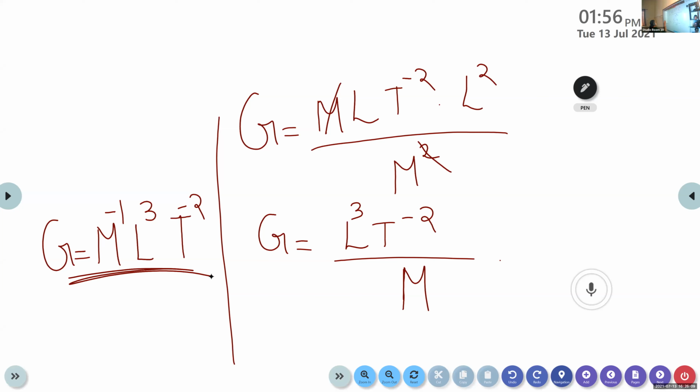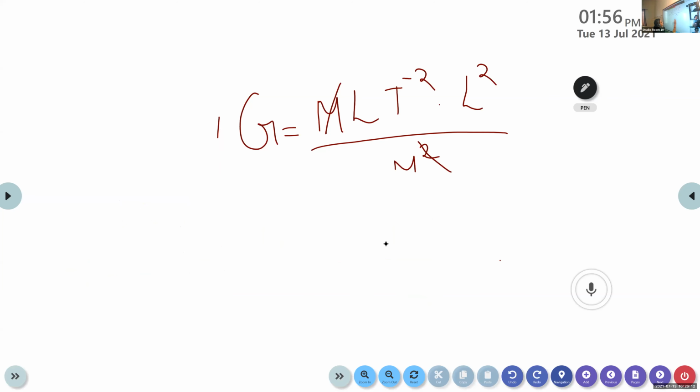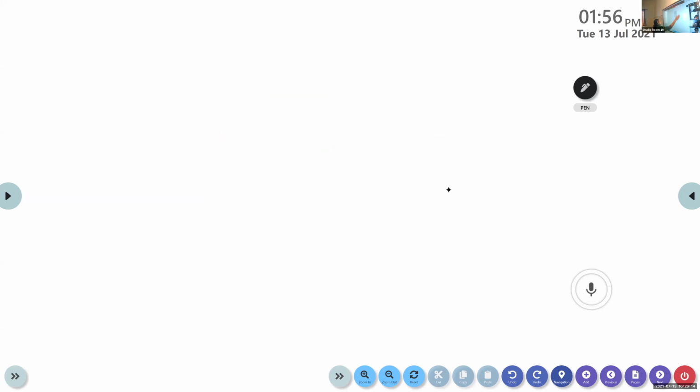Now I will give you another example. Do you remember Ohm's law? What is Ohm's law? Try to recall Ohm's law that you already studied in 10th standard. The very famous equation, also known as the triangle law. I will give the statement, then you just try to recall the law. The potential difference across the ends of a conductor is directly proportional to the current flowing through the conductor.